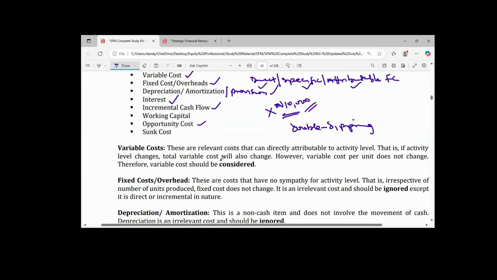Okay, so let's talk about sunk cost or historical cost. The historical cost is the original amount incurred previously. A sunk cost is a cost that has already been incurred. Any past cost is a sunk cost, and any sunk cost is irrelevant cash flow and should be ignored. Examples of sunk costs include